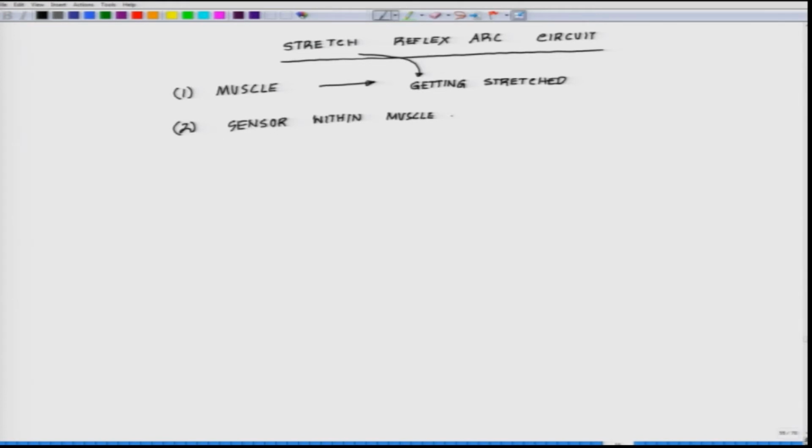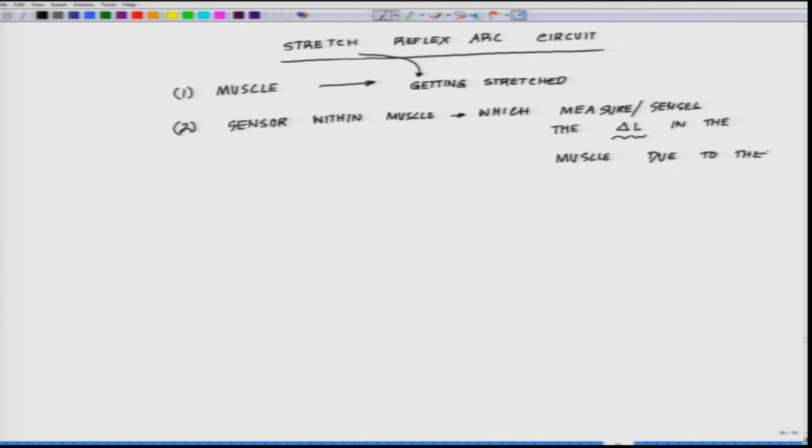The sensor within the muscle measures or senses the change in length, delta L, in the muscle due to